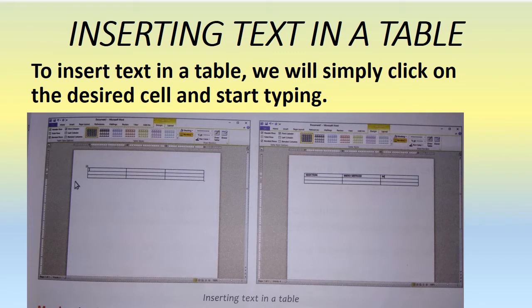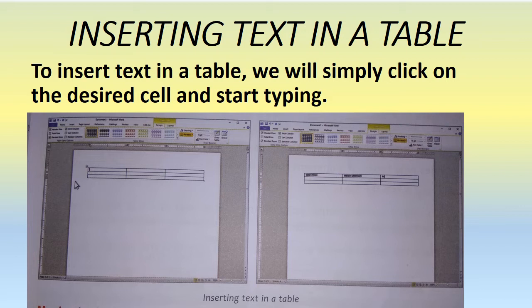Now next topic, how we can insert text in a table. First of all we will create the table, but after creating the table we have to insert the text or numbers. Means in this way we have to insert the data in our table. So how can we insert the data in our table?